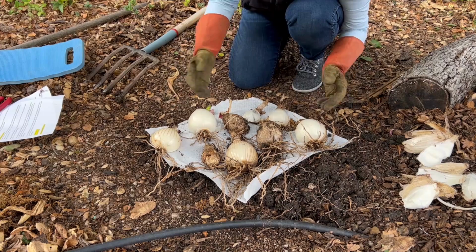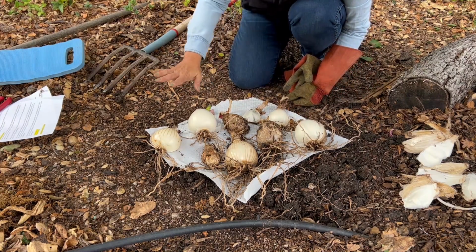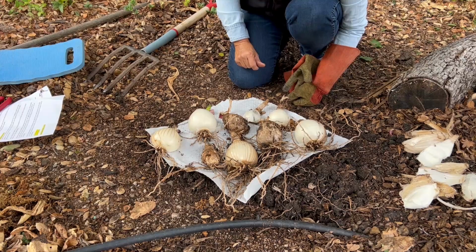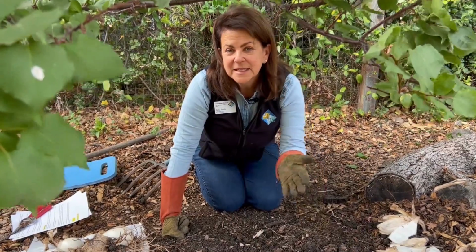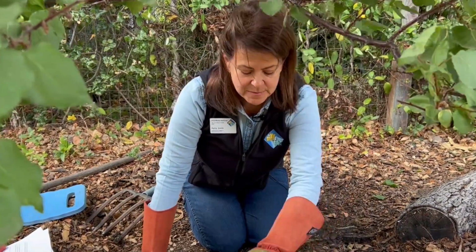So we've dug up our amaryllis. We've divided them, the ones that were so large, and now I have more than twice as many bulbs as I had when we first dug them out. Now I'm going to stick these bulbs right back in the same hole. Again, I want 8 inches of space, so bigger than the span of my hands. And I'm only going to put 3 here. That'll give them a few years to keep growing and dividing before they become crowded again and I have to